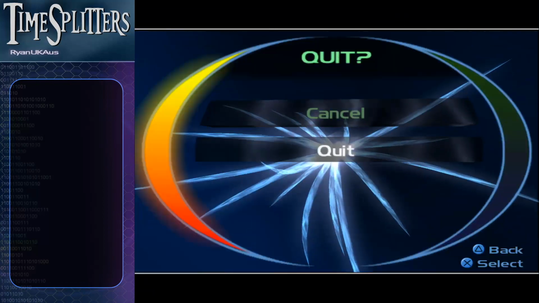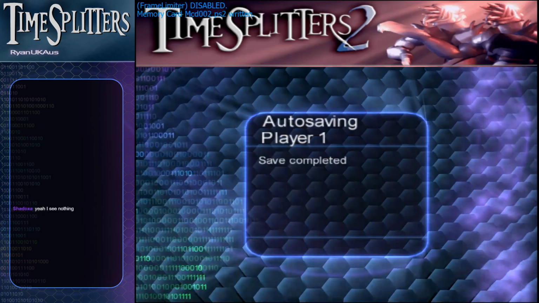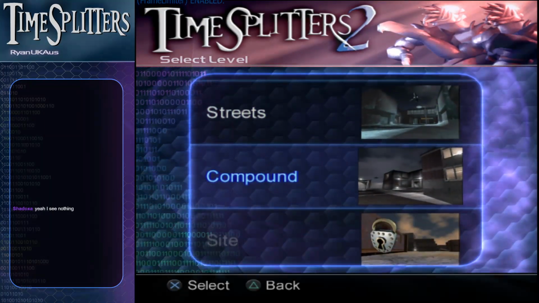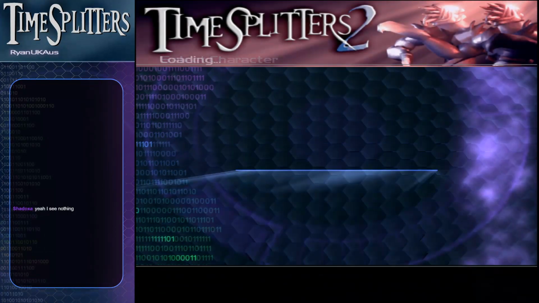Alright, let's try a different level. I think Compound's not going to be very different. Check out the helicopter, but...